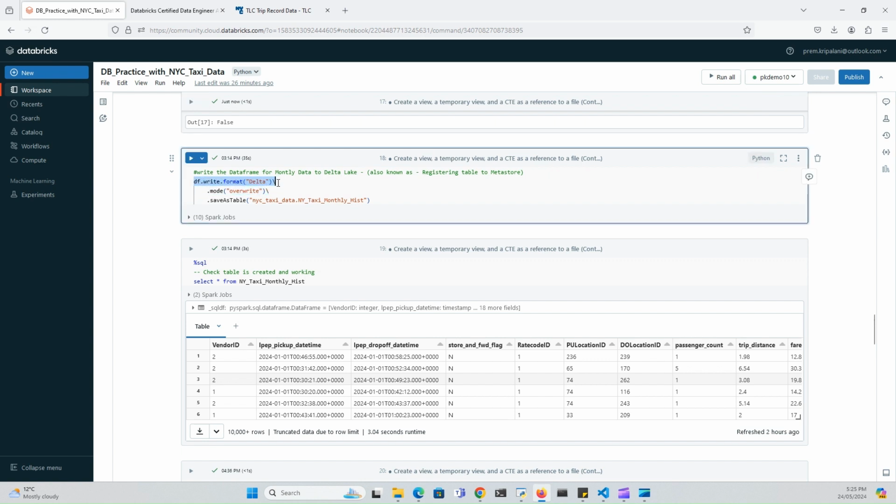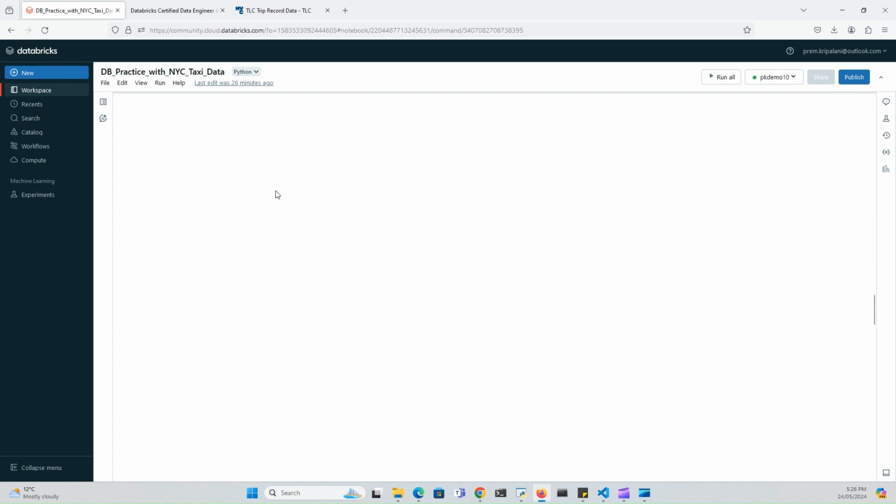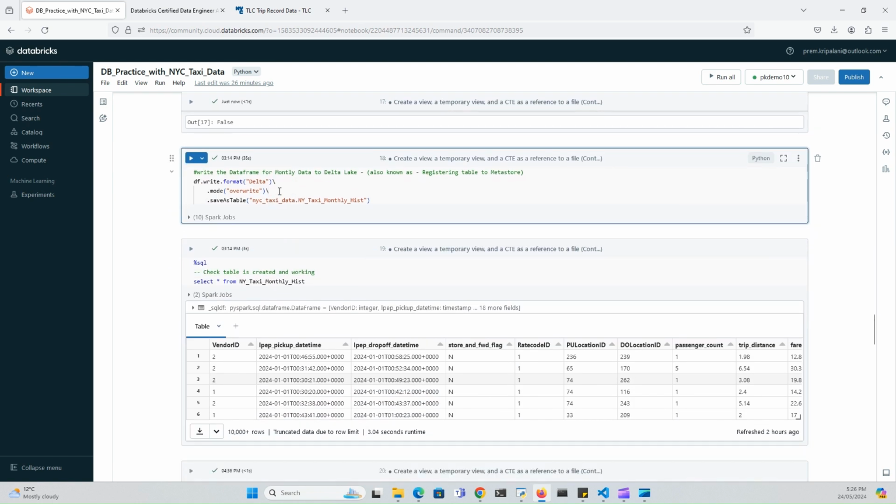So df.write.format delta. Now you have heard so much about the Delta Lakehouse or Delta Lake, but Delta is nothing but a format. Like here we see there is a Parquet format, there is a CSV format. Delta is just a format. So in our New York Taxi database, this NY taxi monthly history table will be written as a Delta table. So when I run this,